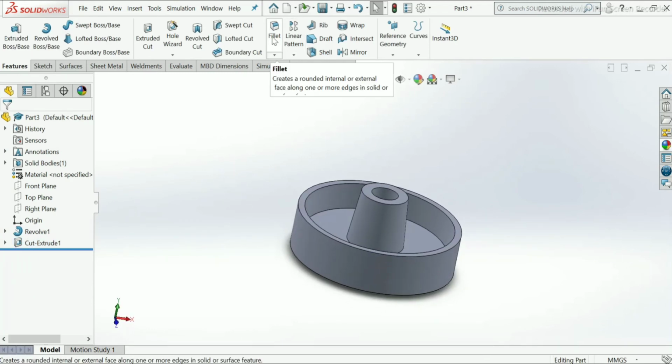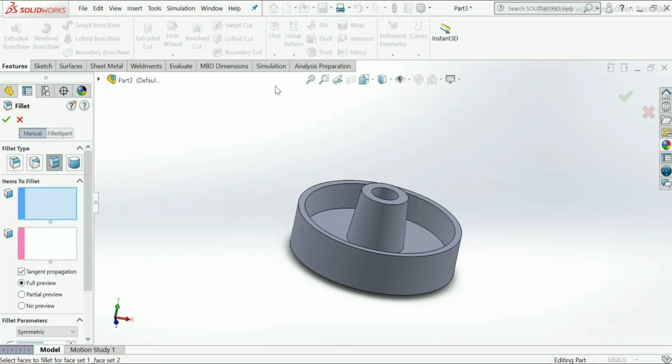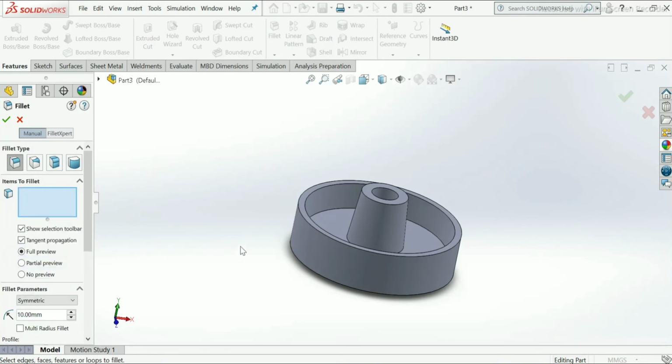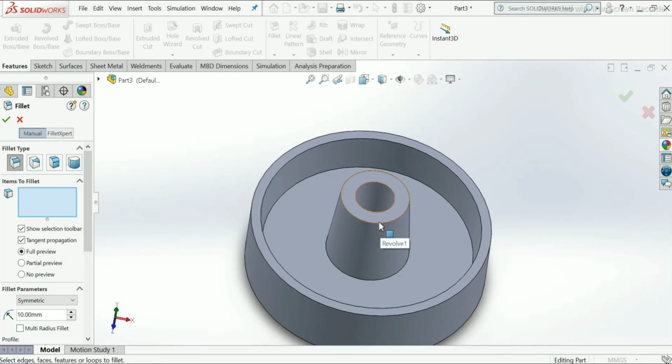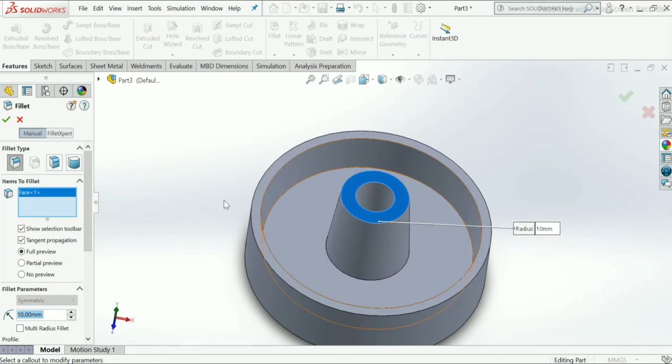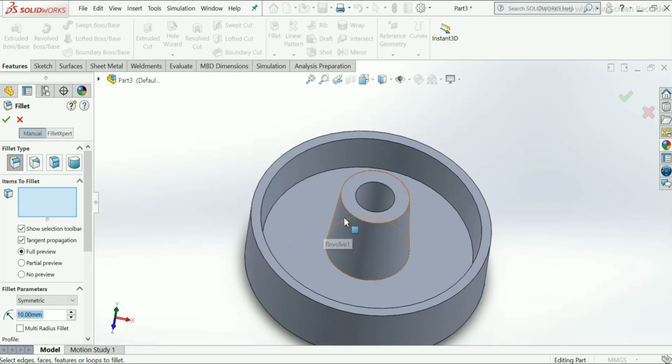Take fillet from command manager. It's our second last step. Take constant size fillet. Now select edges. From the top edge it will be 2 mm.